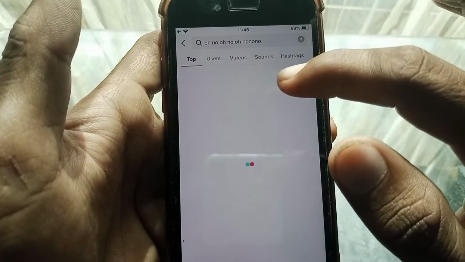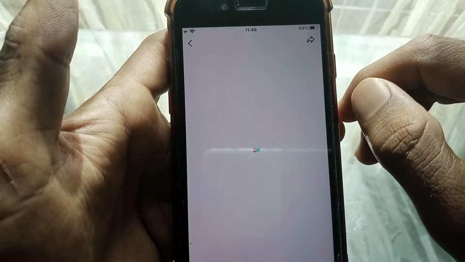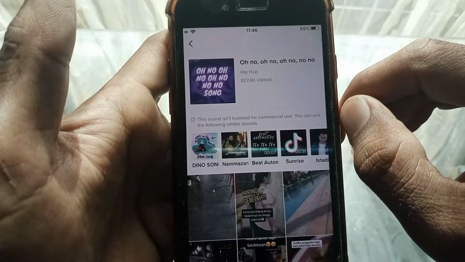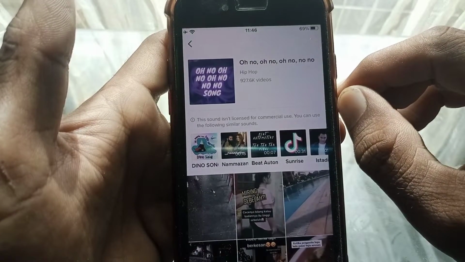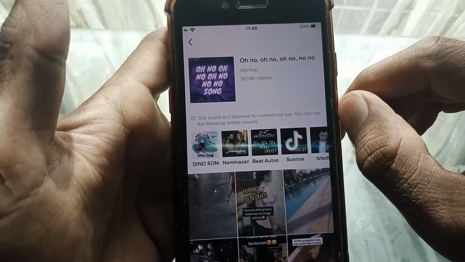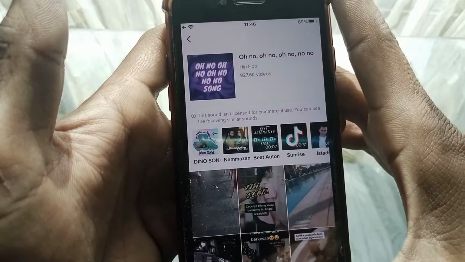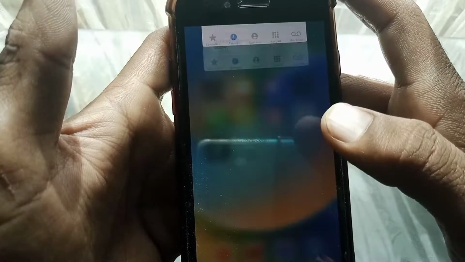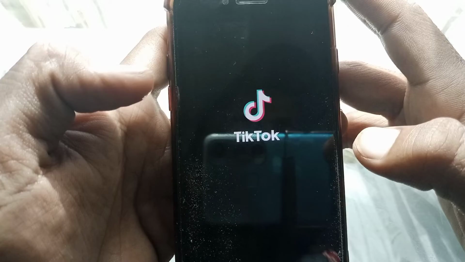So guys, in this video I'm gonna be showing you how to fix this type of error when you are trying to use sound. It's showing here this sound isn't licensed for commercial use on TikTok. So guys, let's get started without wasting any time. So first of all guys, what you need to do is just simply open TikTok,